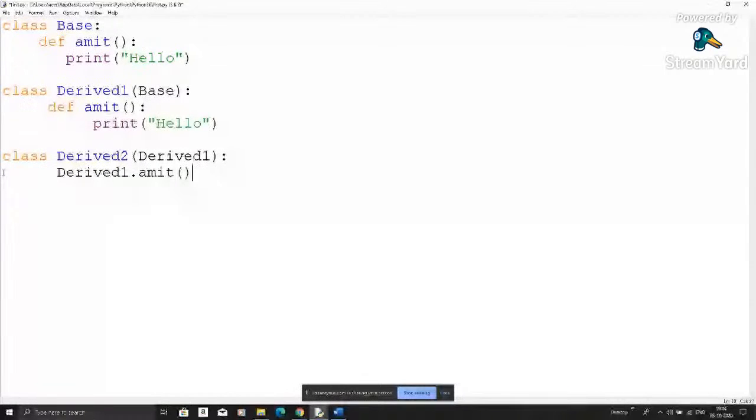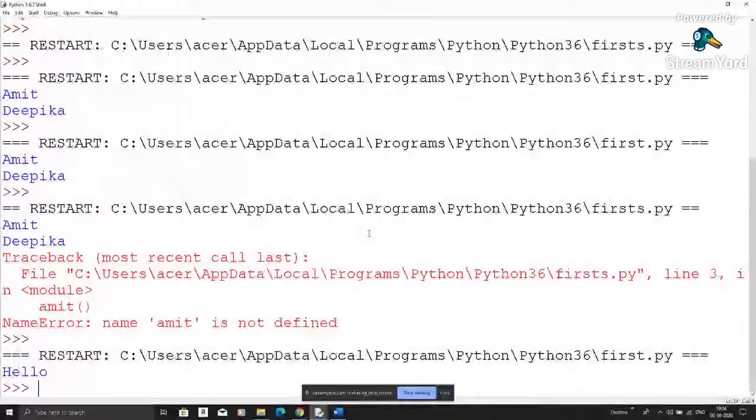It will directly call Amit of this, and this will call the property of that Amit, because they have extension. If I use it right now, it may give some errors. I think maybe it only prints one hello when I use something, but it's not giving any error.